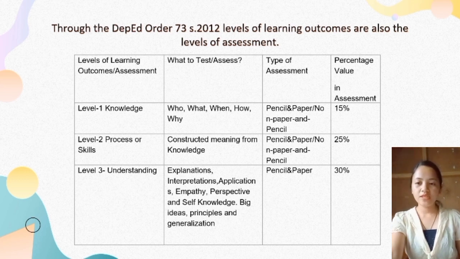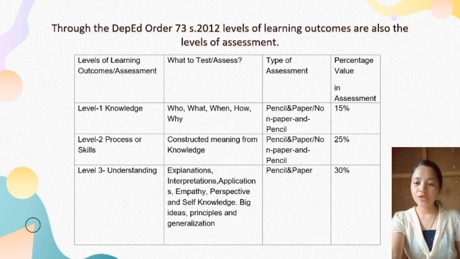We have here the table. The first column is about the levels of learning outcomes or assessment. The second column is about what to test or assess. Third, type of assessment. Fourth, the value in assessment. The first row is about level 1 or knowledge. Level 1, so knowledge, what to test in this level? You're testing